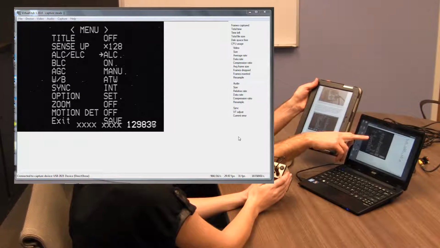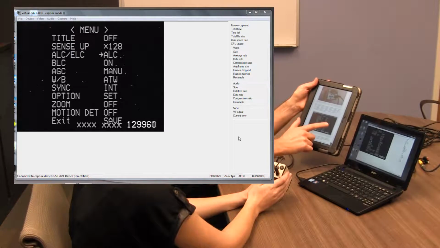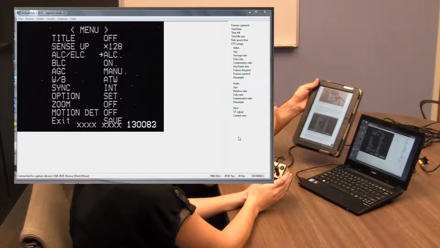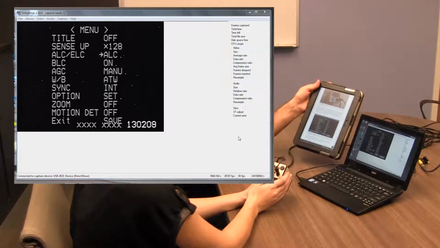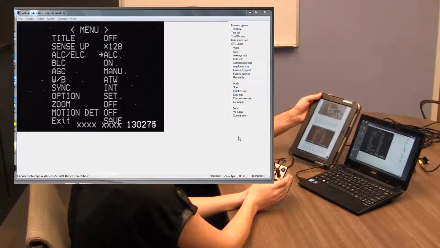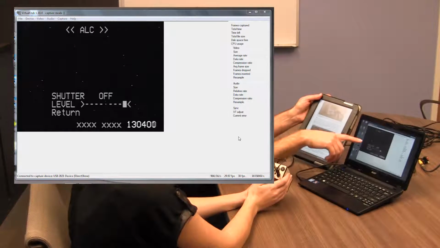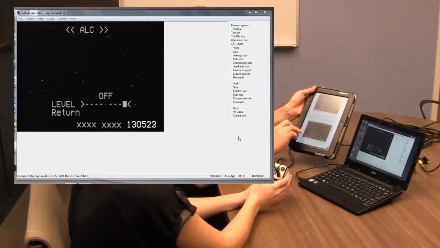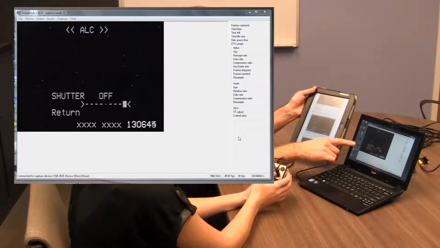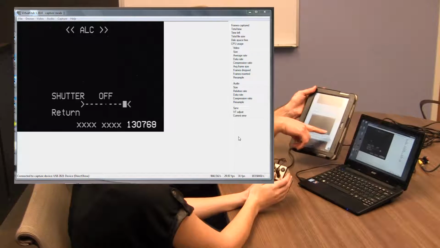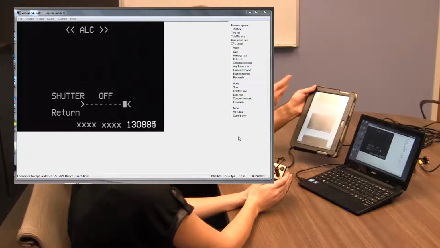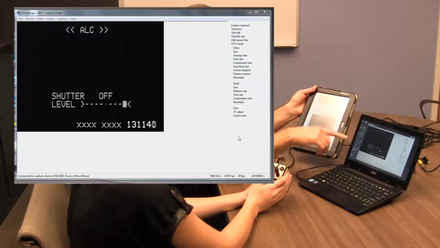But we want to make sure that the third section, ALC, ELC, is set to ALC, which it is. Notice that there's a period right there. Under ALC, that means that there's a submenu. So go ahead and press and hold down the center button. And that submenu should look like what we see in the guide, which is the shutter off and the level set all the way to the right. You can change again going left and right, but in this case it's set properly,